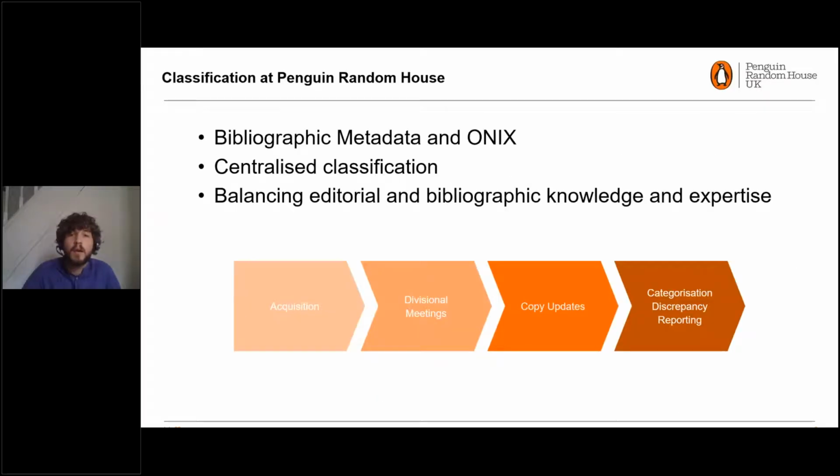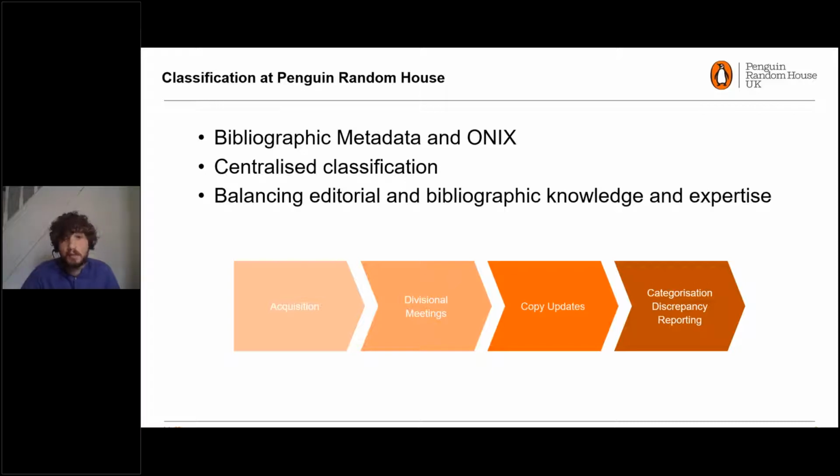I'm part of the wider bibliographic metadata and ONIX team at PRH. We look after all aspects of bibliographic metadata for our titles, guiding it on its journey from initial setup of records, pre-acquisition through to feeding out in ONIX, publication, and then continued enrichment over its publishing life as part of the catalogue. Our centralized approach to the creation and maintenance of book metadata helps to ensure continuity and accuracy, which is obviously essential for such a large publishing catalogue like that of PRH.